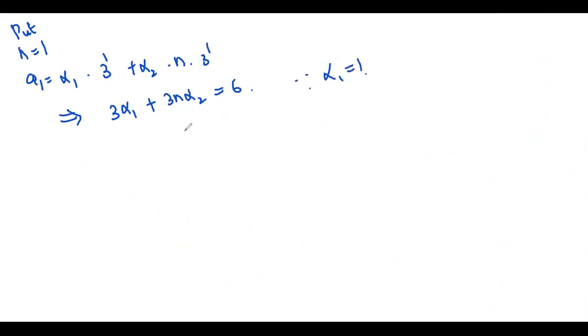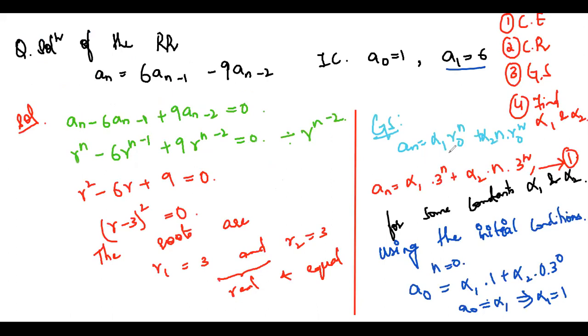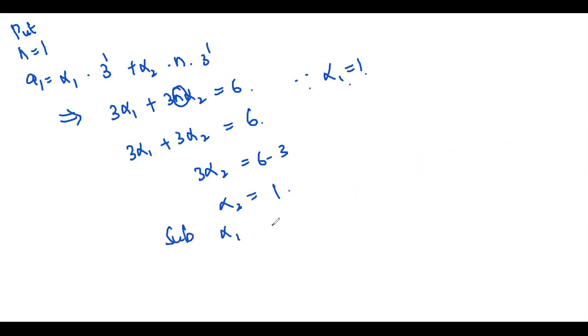Since alpha 1 is equal to 1, what will be the value of alpha 2? Over here again n is equal to 1, so we will get 3 alpha 1 plus 3 alpha 2 is equal to 6. Alpha 1 is 1, so 3 alpha 2 is 6 minus 3. Alpha 2 is equal to 1. So alpha 1 is 1, alpha 2 is 1. Substitute it in equation 1. So when you substitute alpha 1 and alpha 2 in equation 1, we will get,